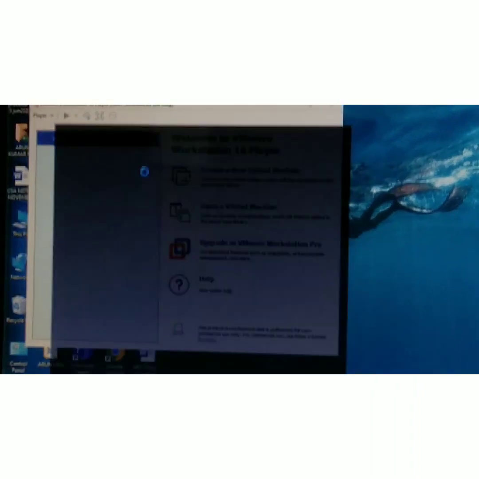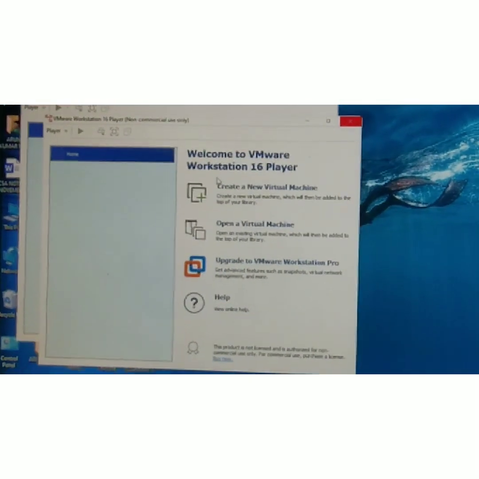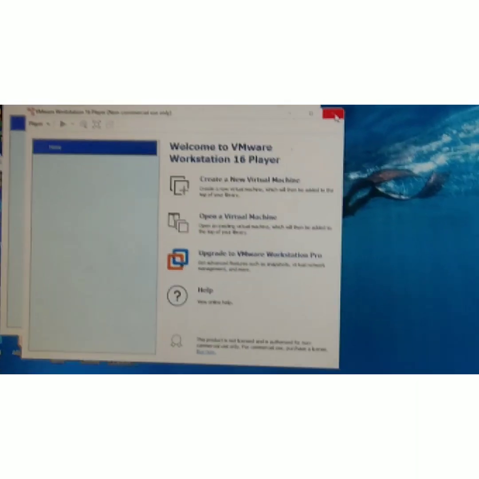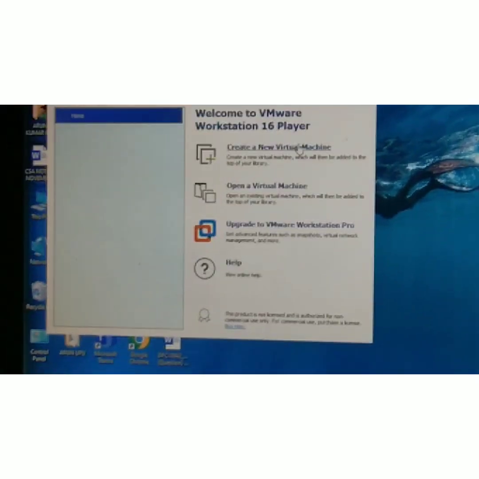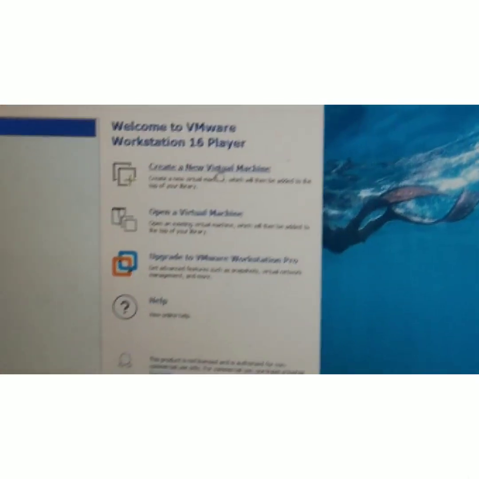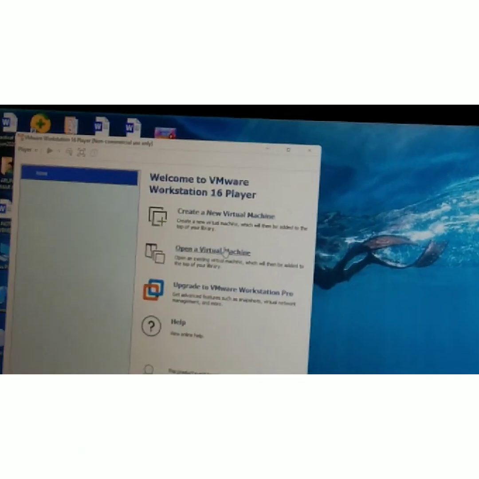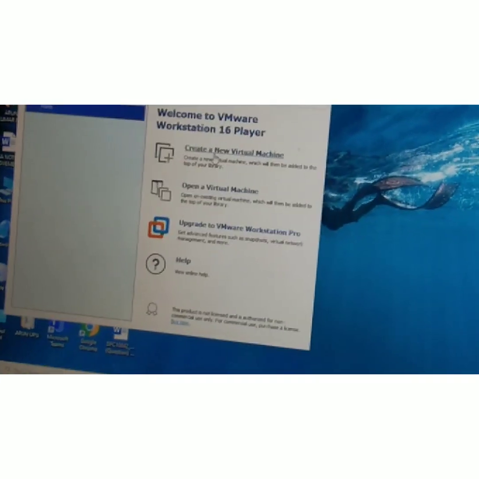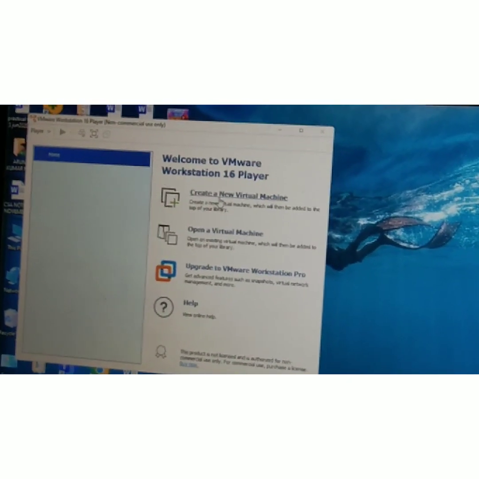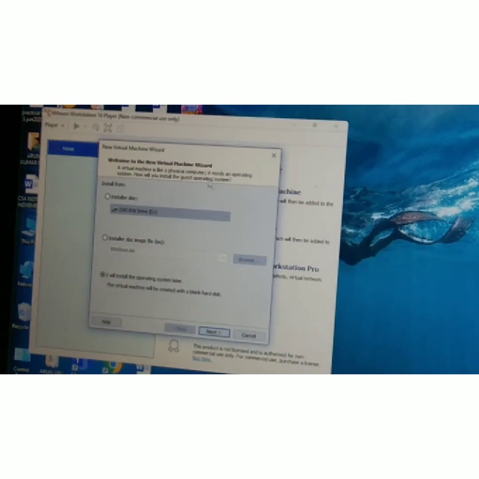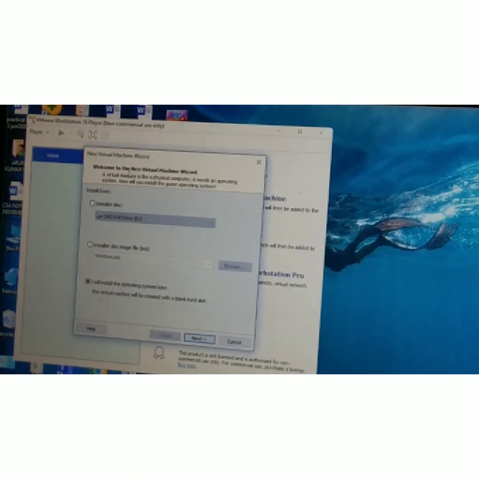So now you can see it opened twice, but you must close the one tab, and there will be four options: create a new virtual machine, open a virtual machine, upgrade the VMware Workstation Pro, help. And I already have the Pro version, and I didn't have a virtual machine. We go to create a new virtual machine and click it, and we will be welcomed to the new virtual